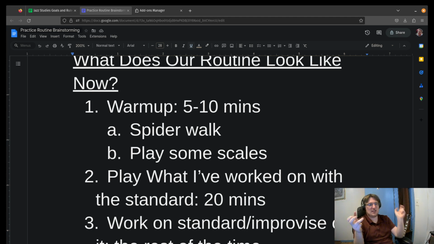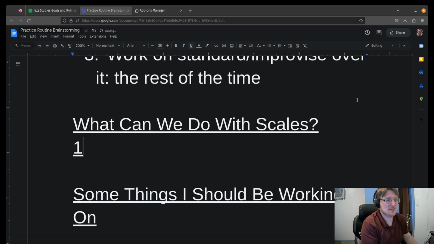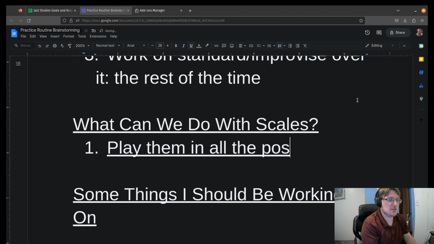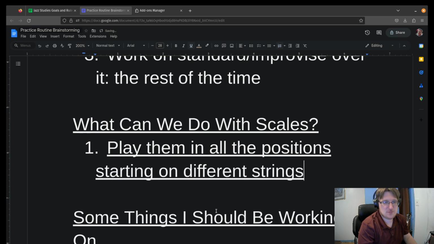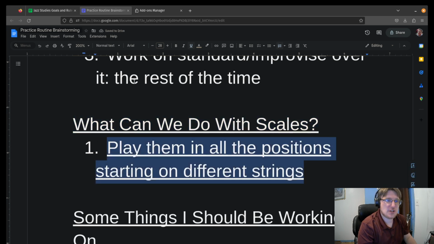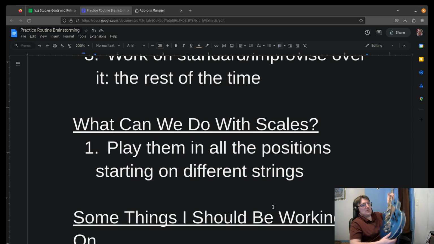And that's learning scales, right? So let's list that first. Play them in all the positions starting on different strings, right? And in this way, I didn't do it. But a good thing to do is pick a key, play the scale, and actually move. When you move the strings, for example, right, I wasn't doing this, but if we wanted to start on, let's call it E,